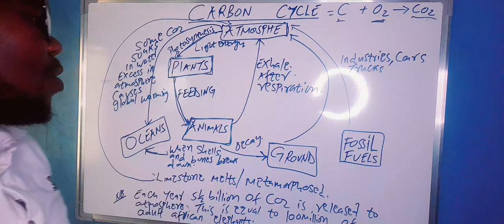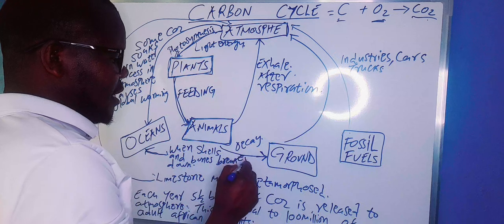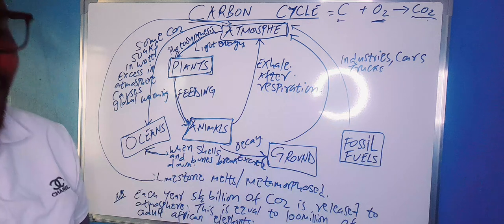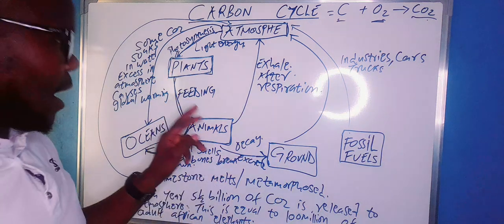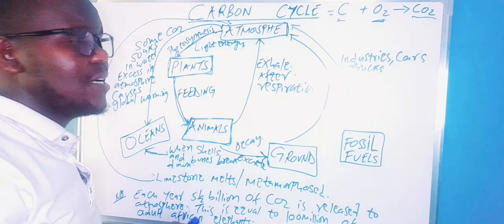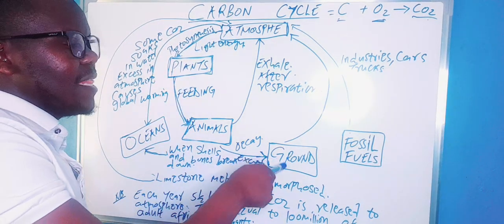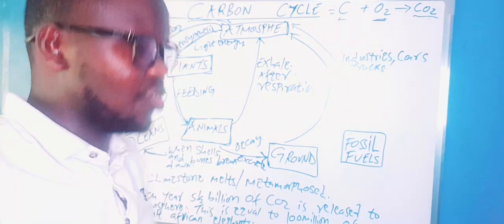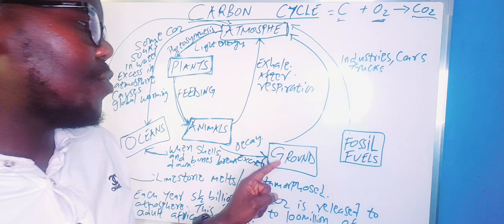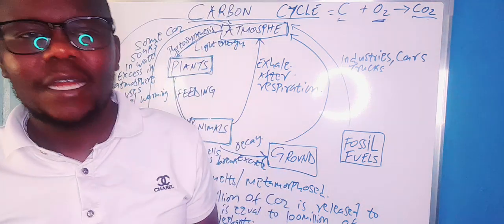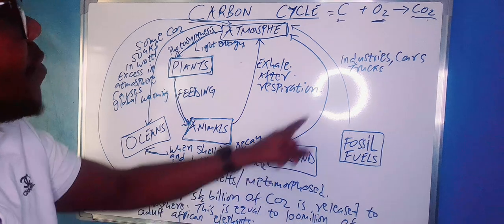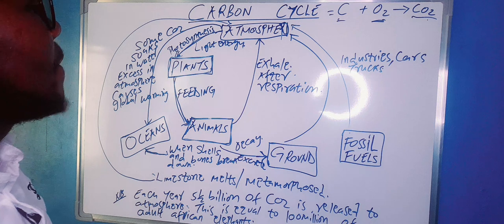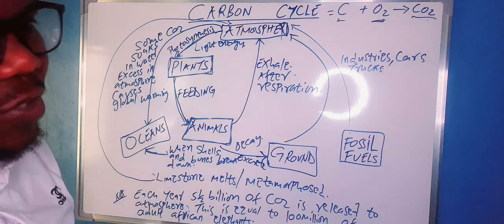This animal will undergo some excretion. We are saying they will excrete, which will undergo decomposition by the saprophytic bacteria and even the fungi, and even the same animals might die, even the same plants die, and they will release the carbon back to the ground. So it's a sequential process. Now once in the ground, this carbon dioxide is just on the move. It will not stay in the ground. It will move away from the ground back again to the atmosphere. That is the first set of the carbon dioxide cycle.